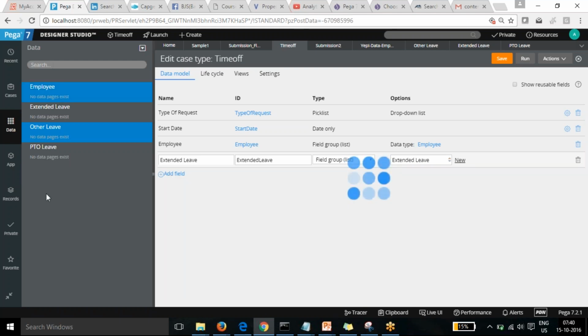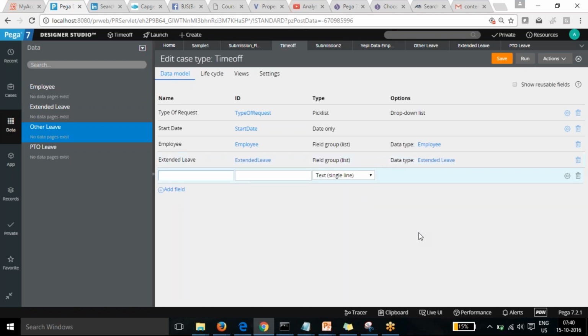So we need to create the data objects first. Or actually, if you want to create just fields, we can add them into the data models directly without any data objects. If they are not related to anything, if you just want to create them separately, we can create those fields directly in the case. And if they are related to the data objects, we first create the data object and then we create the respective page or any page item to display that data object.